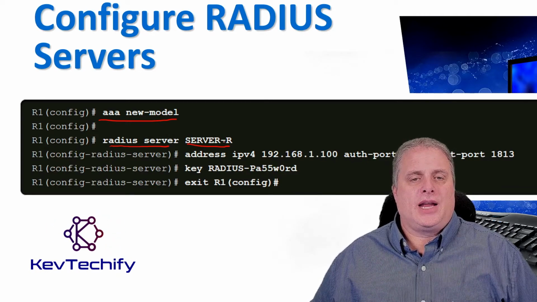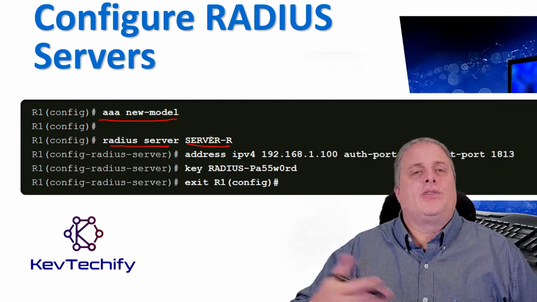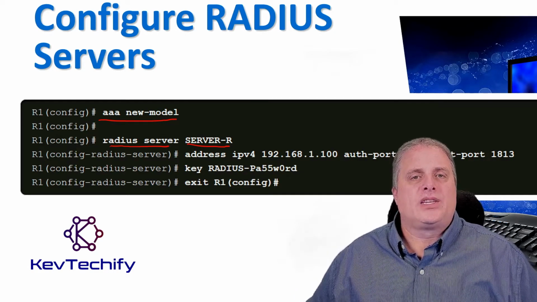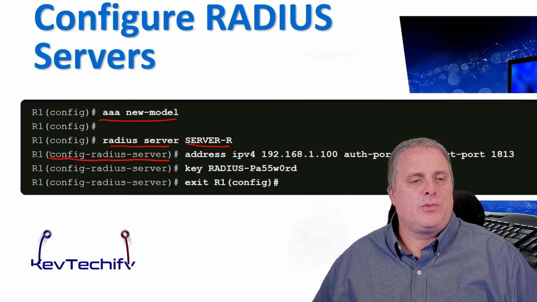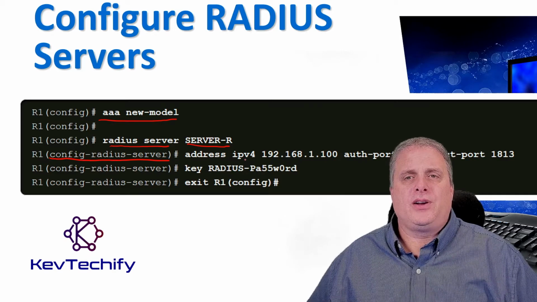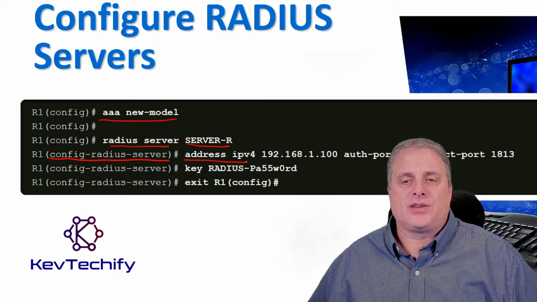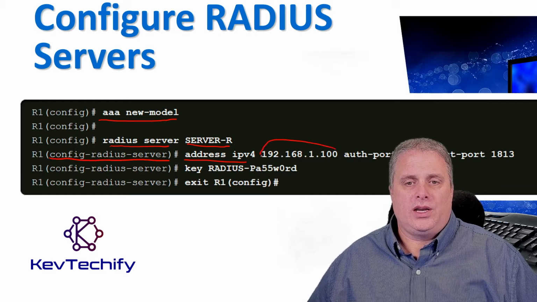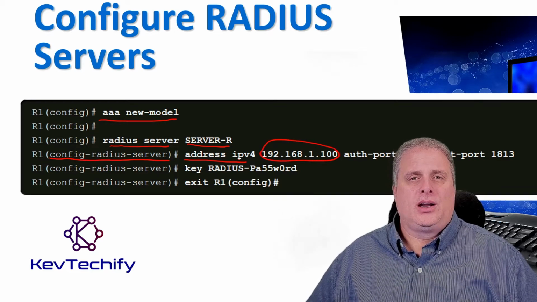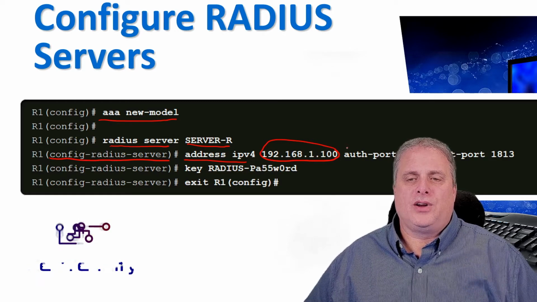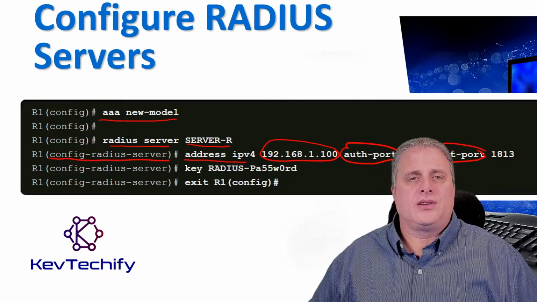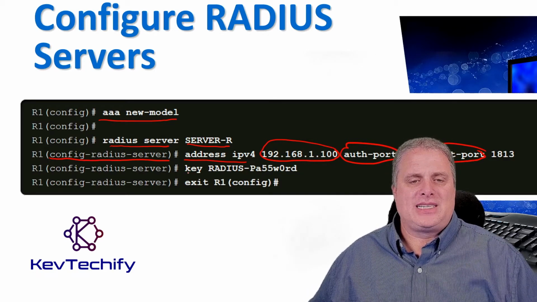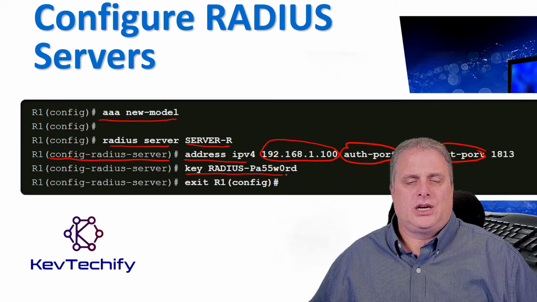So server-r1, server-r2, create different names for that. In the Radius server configuration mode, once again, we can tell we're in the Radius server configuration mode by our prompt here. You can configure the IPv4 address of our server. That's right here, 192.168.1.100. And we can also configure our authorization port and our accounting port on our devices. Then we can configure that shared secret key here. So shared secret key, our secret key is basically our password,